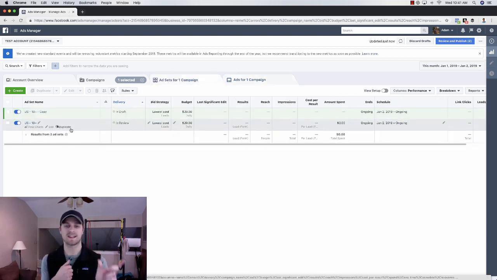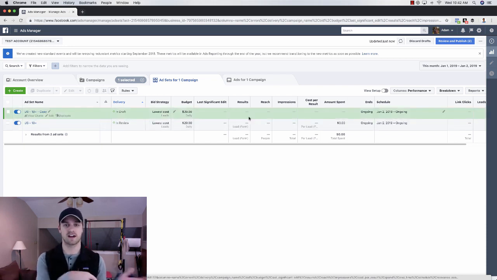So if I'm testing one ad set against another ad set, say you're split testing an image, right? So your copy is the same, your headline's the same, the landing page is the same. The only thing that is different is the image. You have 2 different images, and you can see the results. We went over that in the last video. One ad is doing really, really well. The other ad is not. And you want to cancel the ad that is not doing well, and you know that you have one ad set and one ad. All you need to do is go to that ad set and just toggle off here,